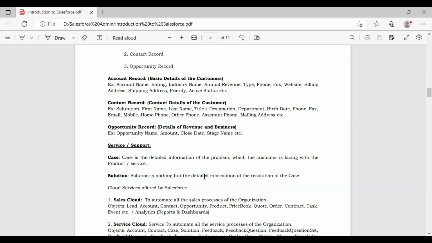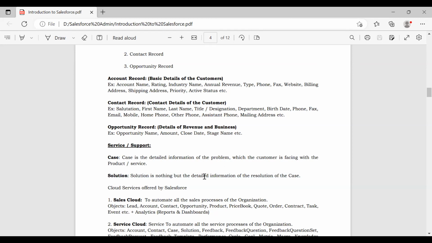This is called as CRM lifecycle. So what are the 3 steps in CRM lifecycle? Marketing, sales, and service. Once the products are manufactured by any organization, they are going to market it.